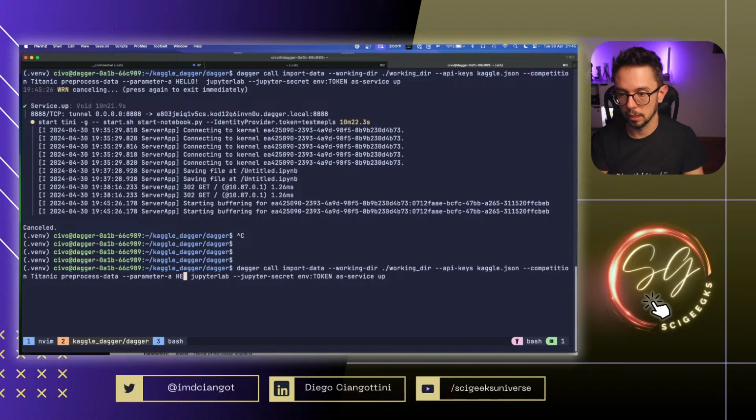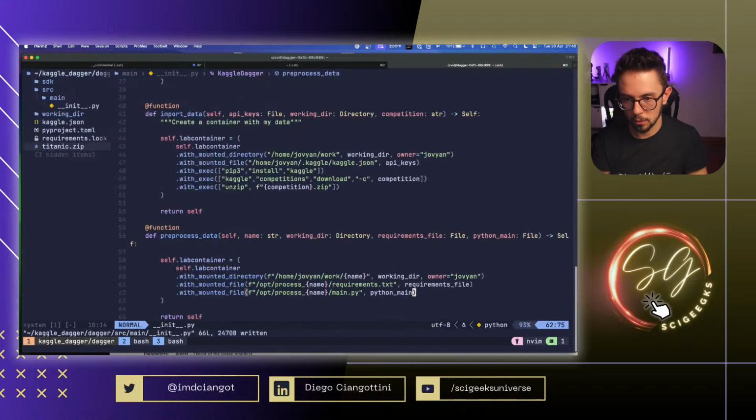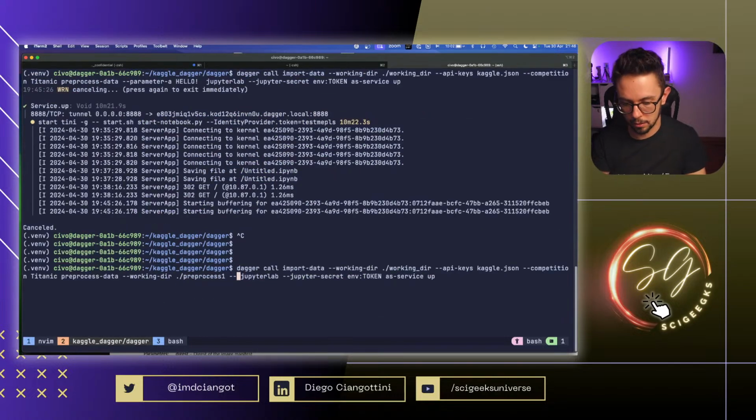passing parameters hello, here we put working dir, that at this point will be our pre-process one folder that we are going to fill up right now. And then we have minus minus requirements file,